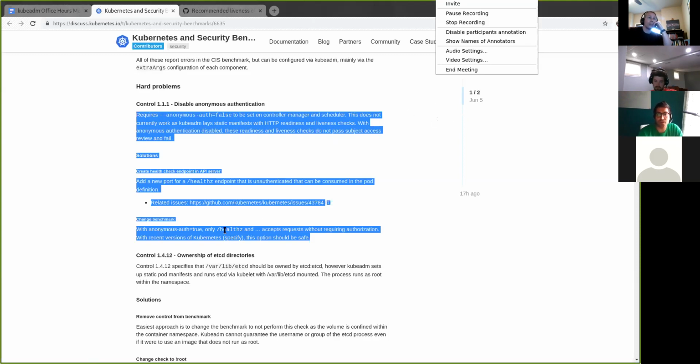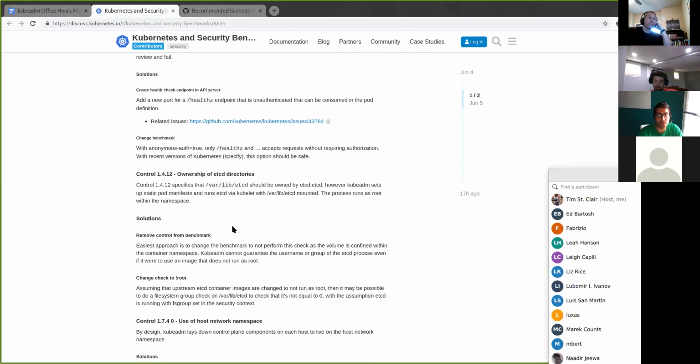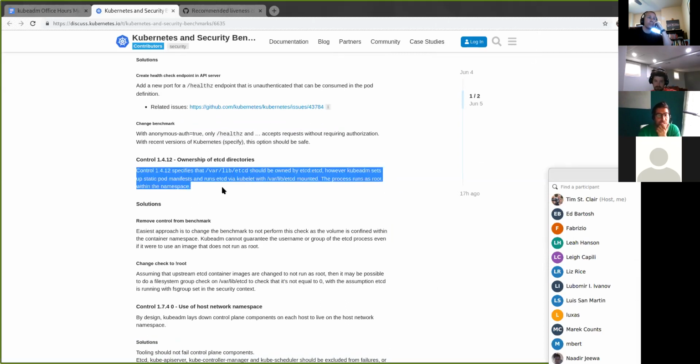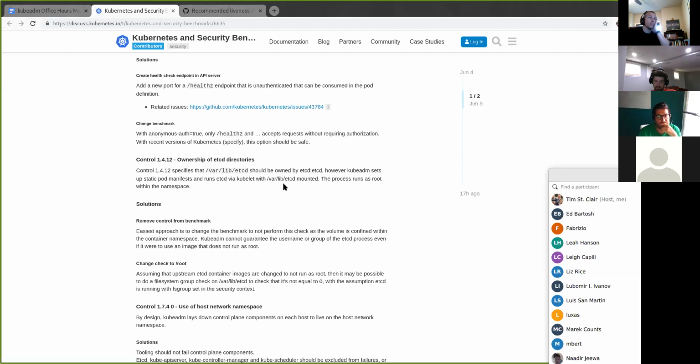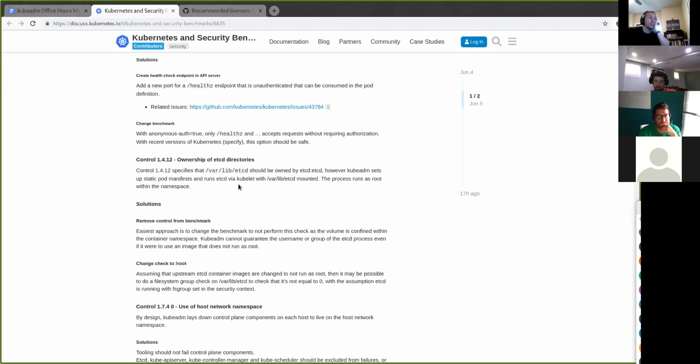So the second one is checking file permissions of the etcd directory. So for kubeadm deploys, which we're trying to get everyone to adopt, we're using static pod manifest for etcd. So it's a host path volume mount. etcd currently runs as root anyway within the pods. So there's not a possibility to specify an etcd user or group because we're not installing etcd on the host. So I'm not sure what to do about that one,